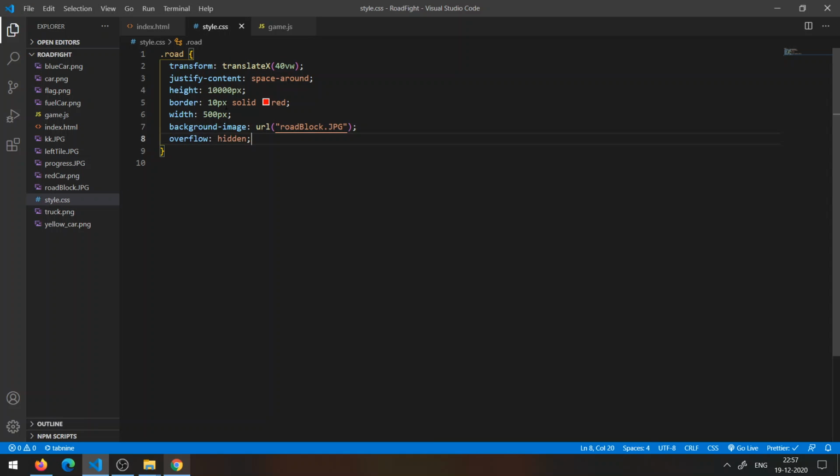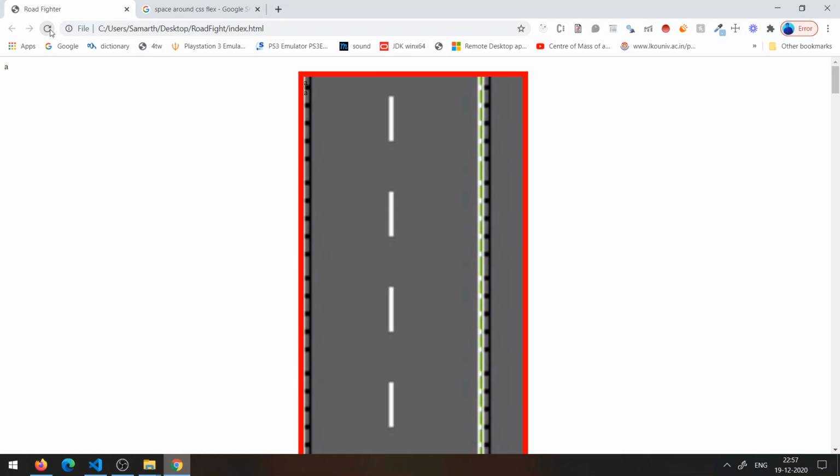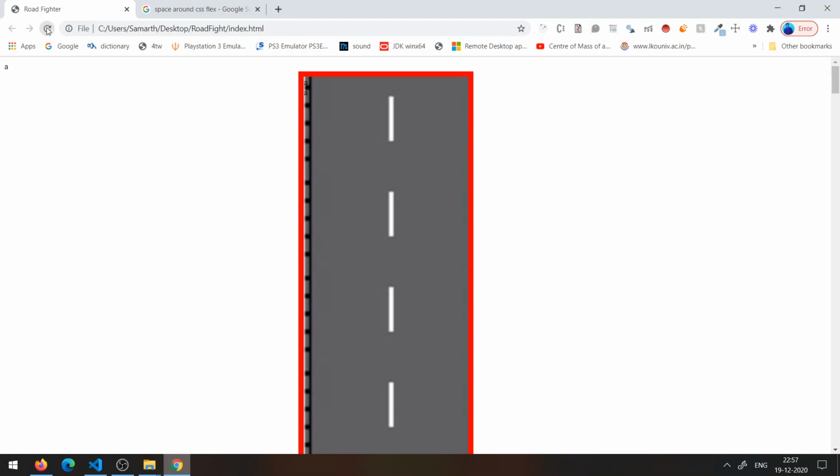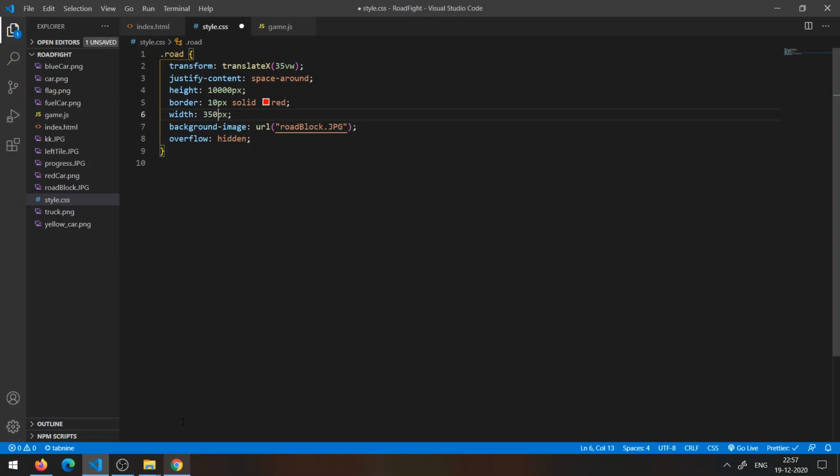Still the viewport width is not correct, so I just make it 35 viewport width, and the width will be 400 px. Still not better. We can try a smaller width. Okay, I missed the margin on the right. 350 I think is ideal,